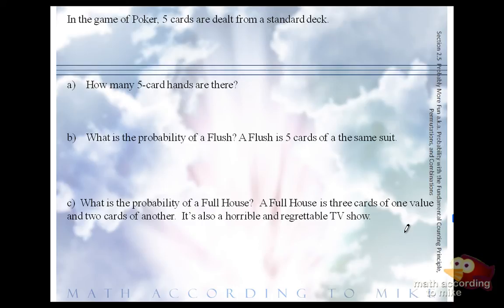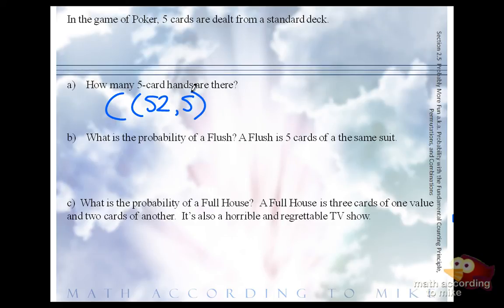Well, 2.2 implies permutation, where you have distinct objects, which we do. All of the cards are different, but does order matter? No. The way you rearrange the cards in your hand, it's still the same hand. So we have distinct objects, but order does not matter, so this is a combination of how many total cards and how many are we choosing? Good. So there's a combination of 52 cards, taken 5 at a time.